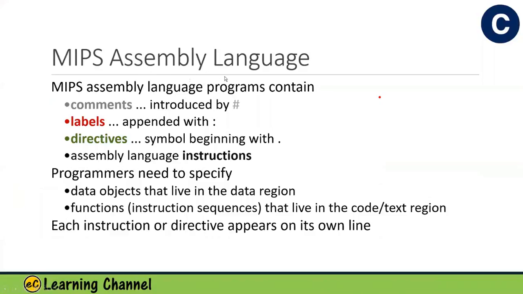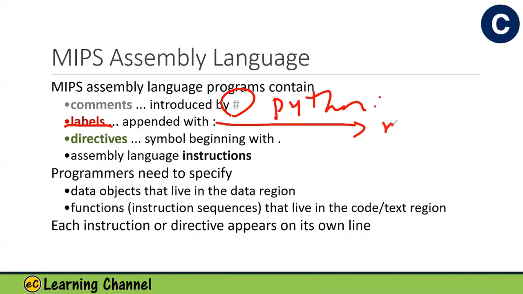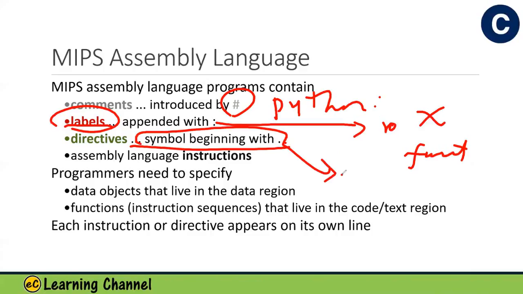So this language, when you write it, you have 4 different things you need to remember. If you use the sharp sign or pound sign, it's for comment, similar to Python, okay? And then you have label. Label is usually used for the memory address, like when you declare a variable X or you declare a function, you usually use a label. Directive is used to assign the data type, and then you have instruction. 4 different things are important. And in my notes, I use the gray color, red color, green color, and black color